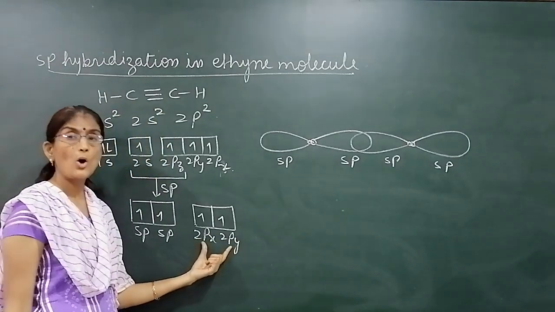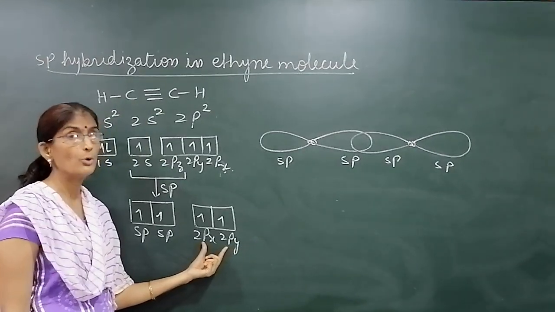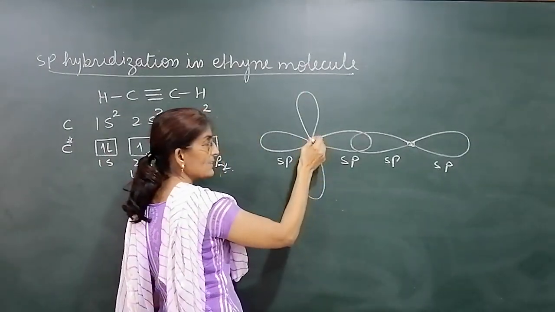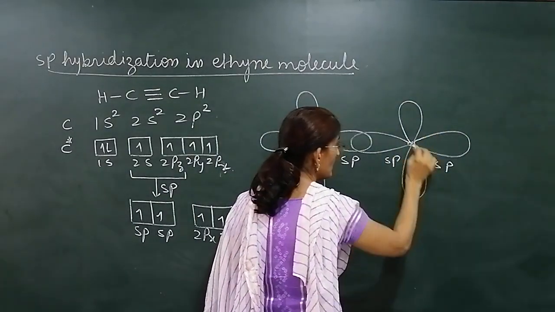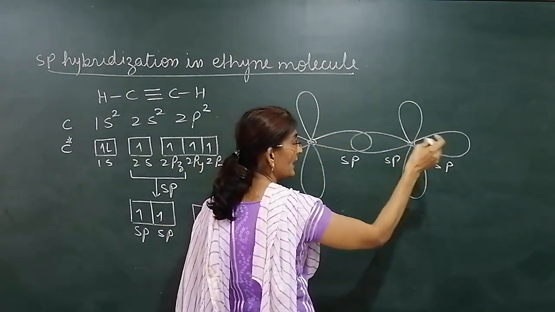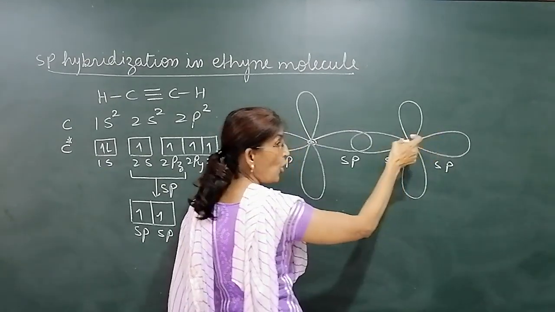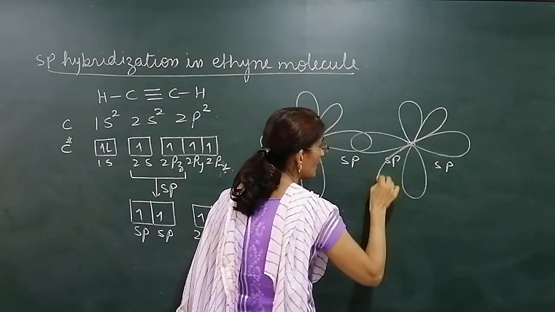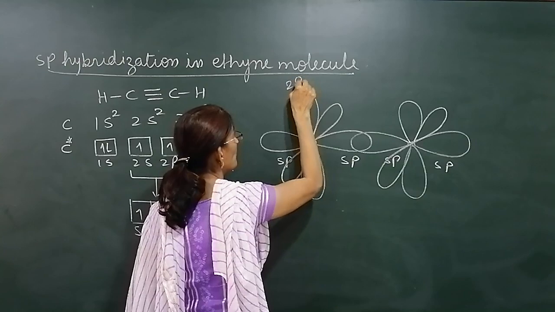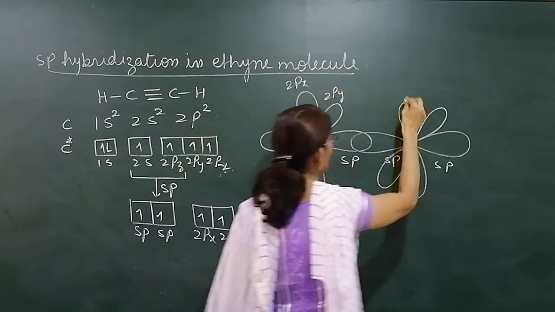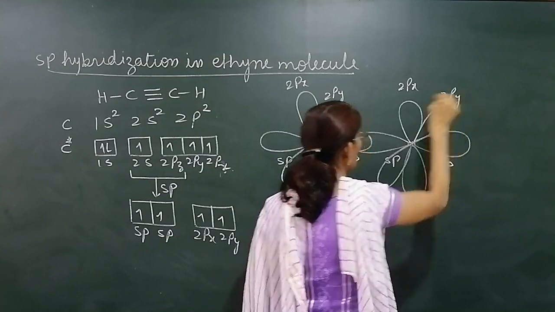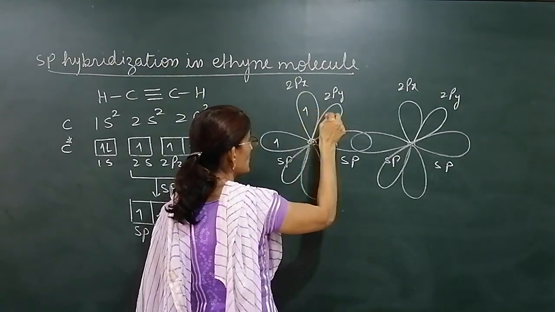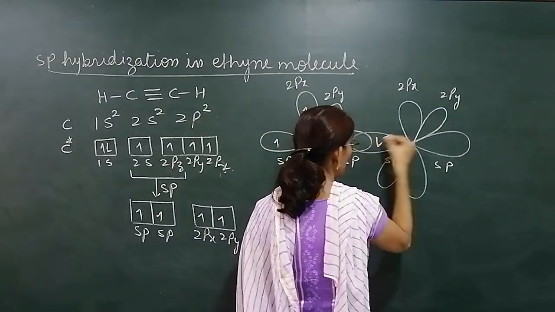Now, these 2p orbitals, 2px and 2py, lie perpendicular to the plane. See, this is px and py will be like this. This is px for another carbon and py will be perpendicular to the plane like this. Though we cannot draw it that way, we'll draw somewhat slanted like this. Here also slanted. So this is 2px and this is 2py. Similarly 2px and 2py are perpendicular to each other. All have an unpaired electron.